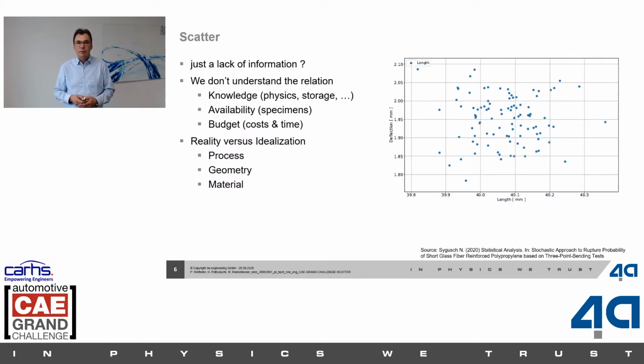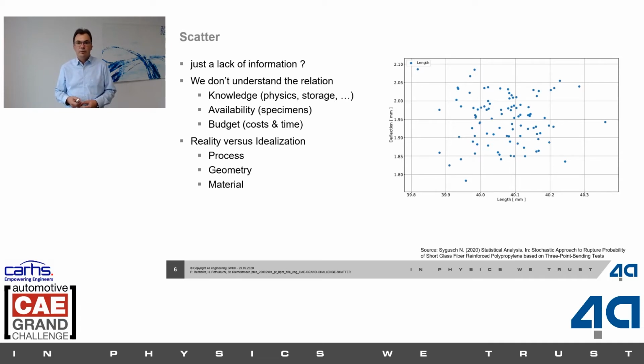Now I just want to talk a little bit about scatter. Is it just a lack of information? Because we don't understand the physics behind? We have too little knowledge of it? Or is it just because we have too few specimens available to do research, or too little money or time